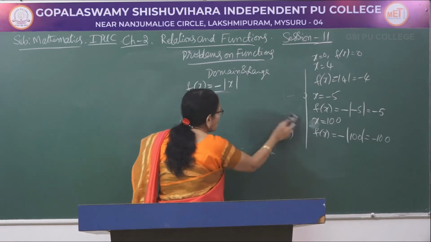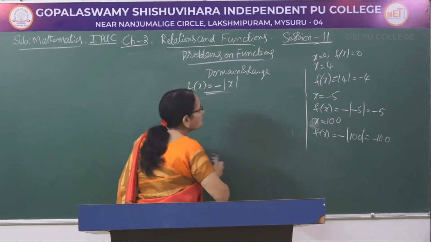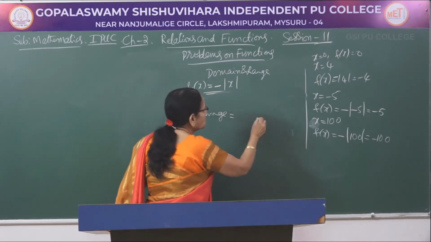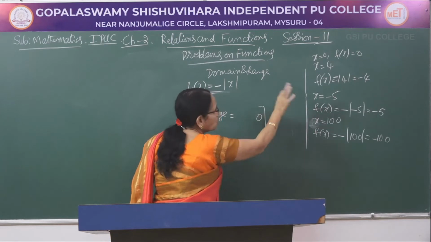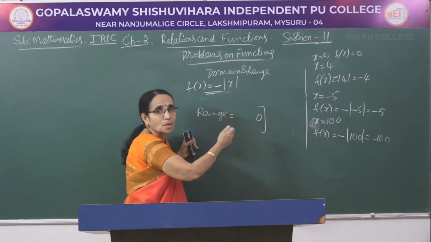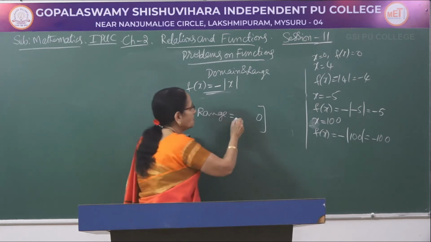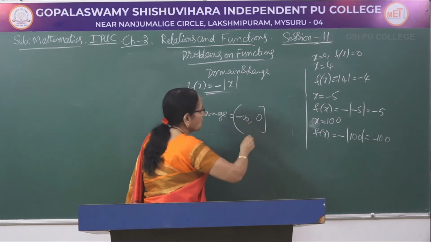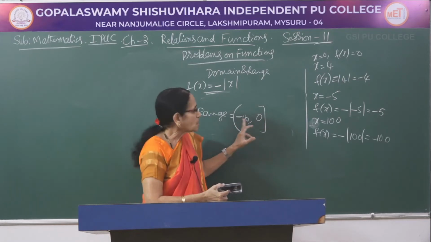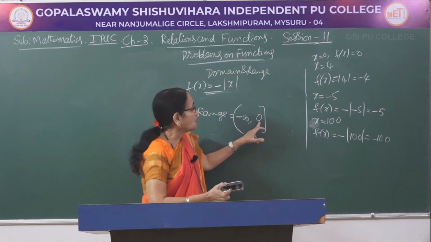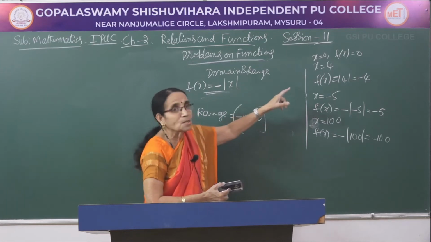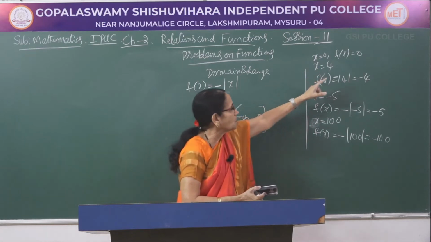Therefore, what can be the first value? The domain we have written already. It is the set of the real numbers. So, for the range here, see, the value 0 is included. Any other value would be less than 0, that is to the left on the number line. So, what can be this number? You can write it is minus infinity comma 0, here 0 is included because when x takes the value 0, the image is also 0.